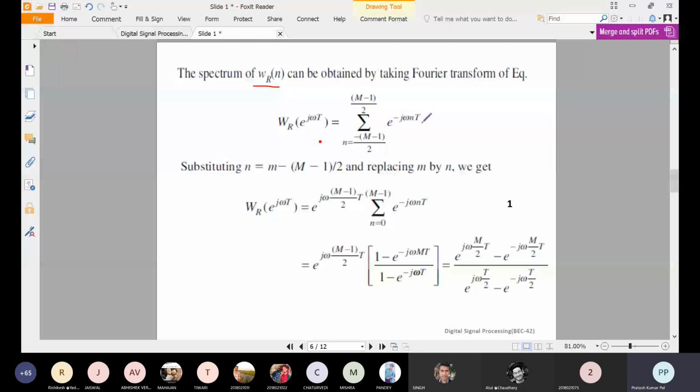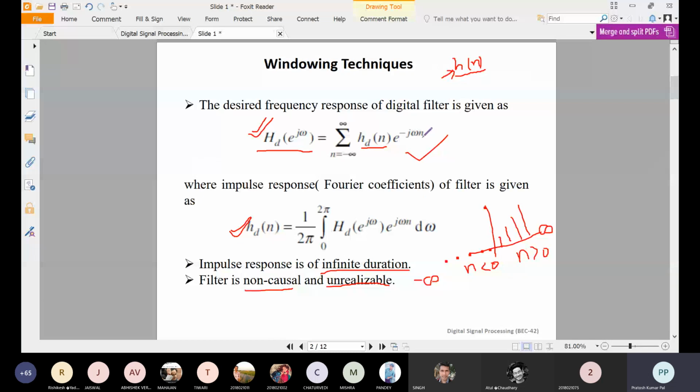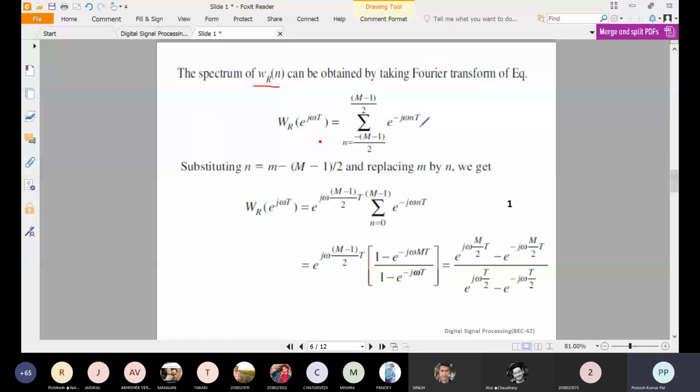Okay, so from the first one, you can say e to the power minus j omega n. After n it is T, so T will be your sampling period. Whatever sampling frequency is given, from there we can find out the sampling. So it will be omega divided by omega sampling, where omega sampling relates to the time period T sampling. So we will just simplify this. It is defined for n from minus to plus direction.